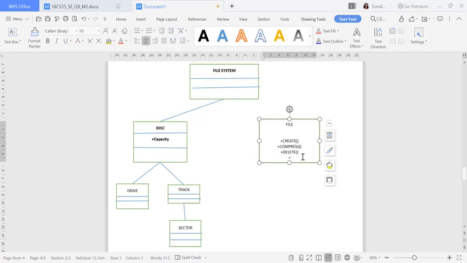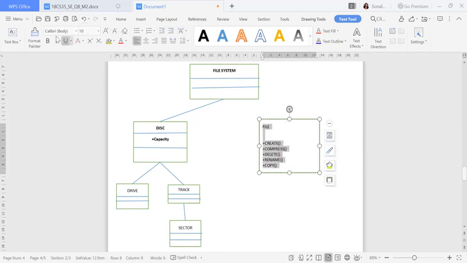Next you can give rename. If you want, you can give copy. Fine, so here I'll make it copy. So all these things are my function names.